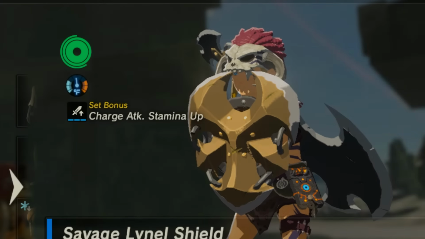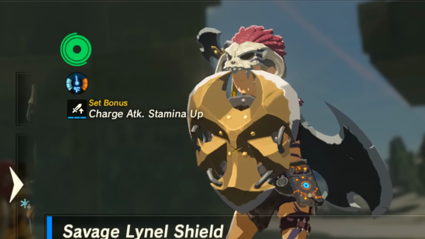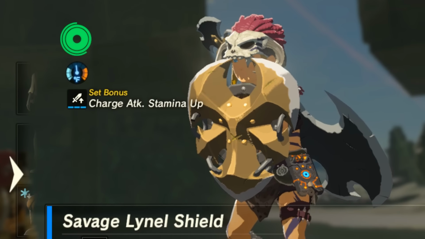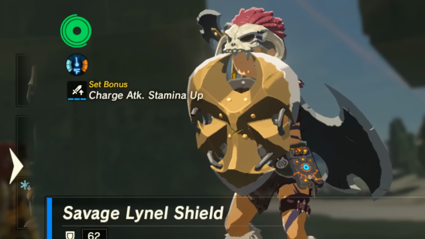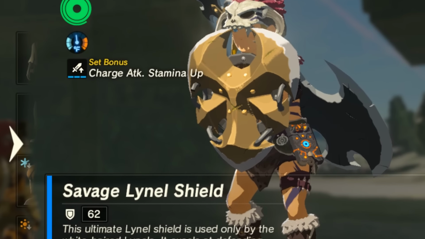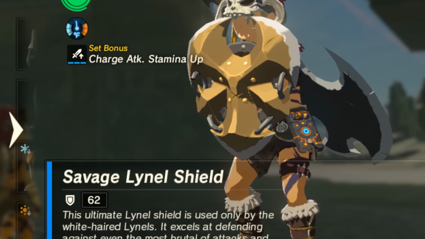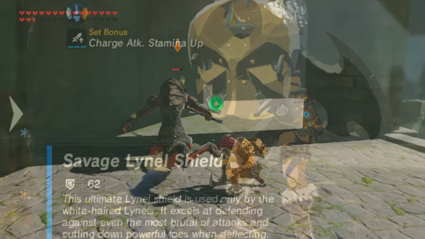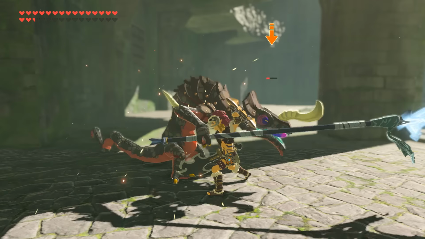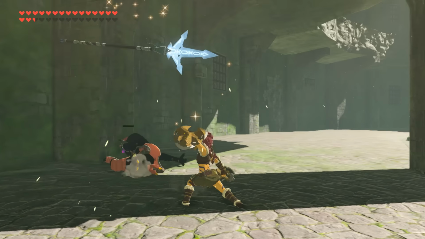No Breath of the Wild list would be complete without at least something LYNEL related, and this time it's the Savage LYNEL shield, the granddaddy of all LYNEL shields. Of course, it wouldn't just take the number 2 spot for simply being LYNEL related though. In fact, this shield has a load of different unique elements which make it a must-have for adventuring around the